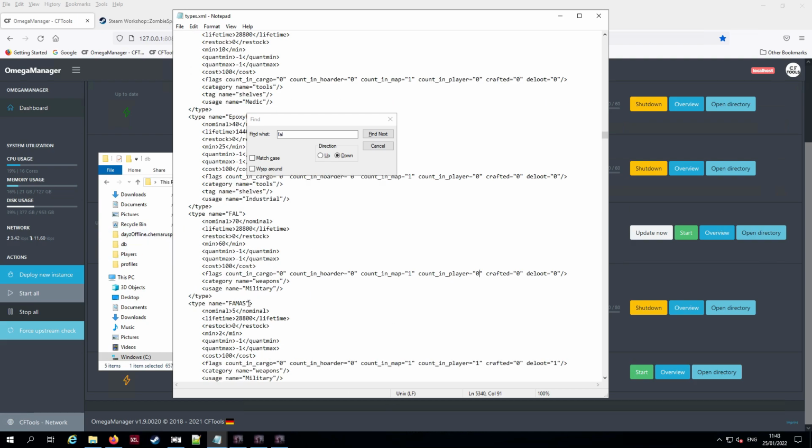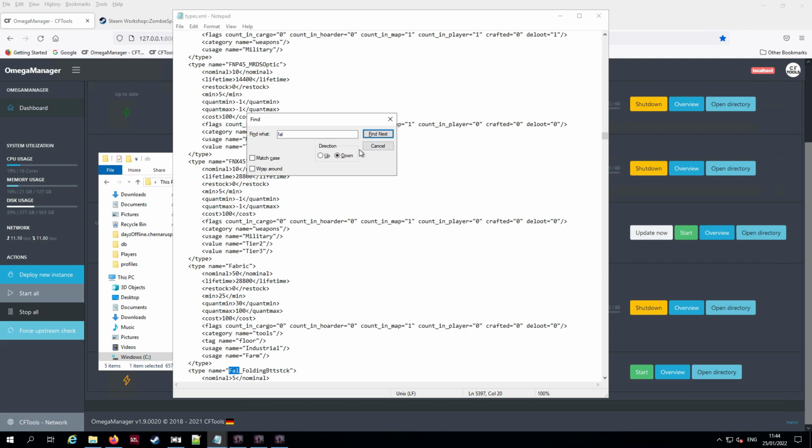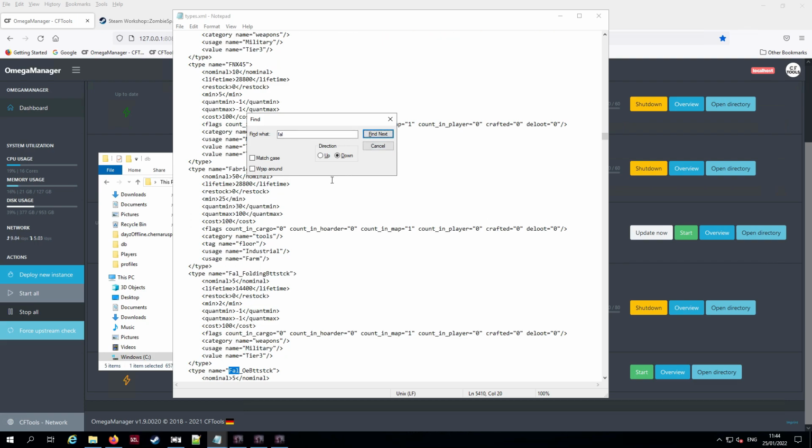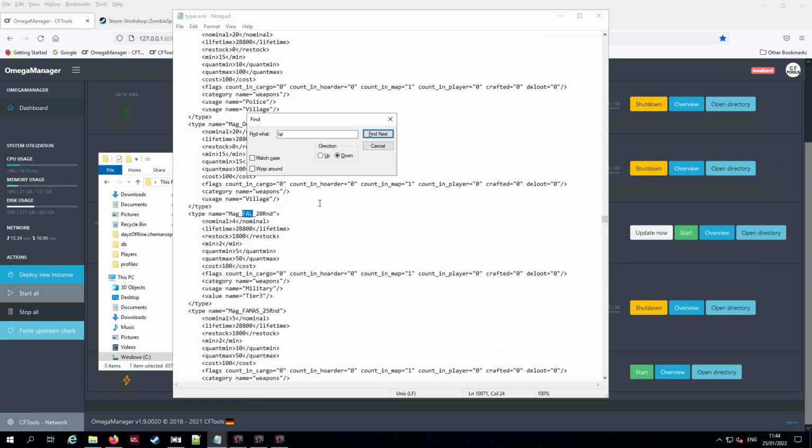So, like I said, this is optional as well. You don't need to come in and increase this. I'm only increasing it so it gives me a better chance of finding it to show you guys it's working. Right. Now I want to find the actual mag because I do need to adjust something with the mag. Now, this is optional again. You don't need to do this. But I want the mag to have...